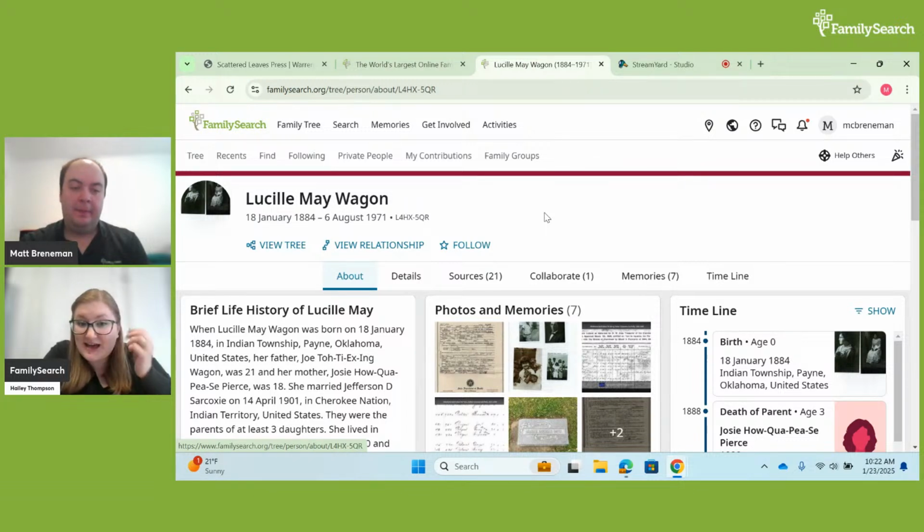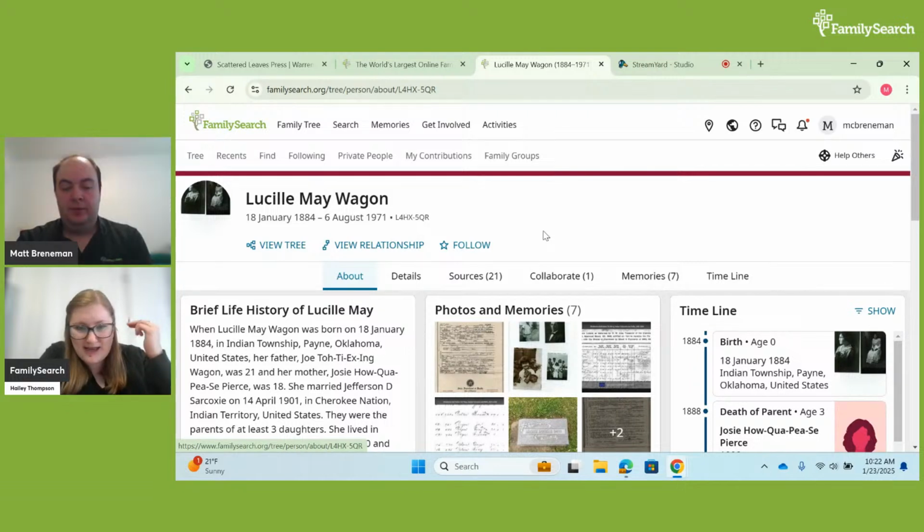I would also just say that Collaborate tab, I love that you went over that, Matt, with those alert notes. I've seen that come in really handy, especially for some of the Italian families I've researched, where they might have a child who passes away young, and then the next child, they may name the same thing. And so being able to say, okay, you're going to see two kids with the same name, they're different people, they're different individuals, is really helpful. Thank you, Haley. Yeah, it's really important.